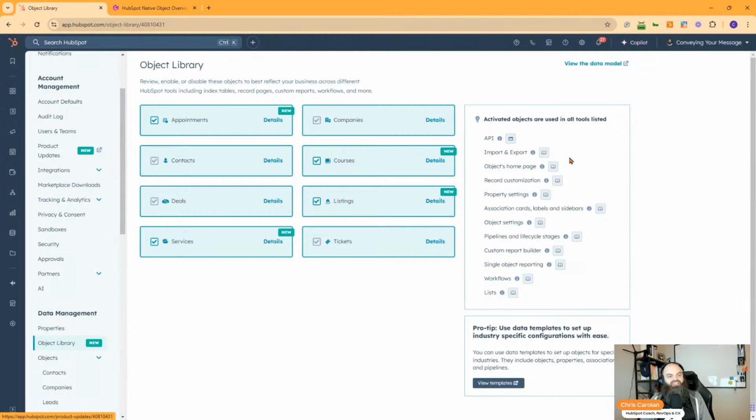But I just wanted to highlight this because it's very easy to see new words like appointments, courses, listing, services, and HubSpot has had a habit of introducing new terms in object-like fashion, and then you only get a sidebar, or you can't create the record, or there's some limitation, right? So I wanted to highlight these objects, and the reason we don't see all of the quote-unquote objects we're used to seeing